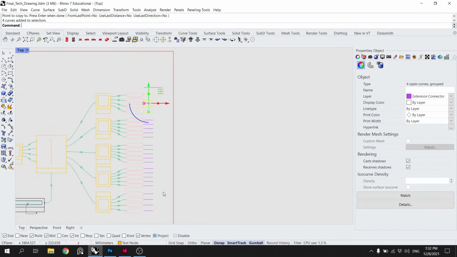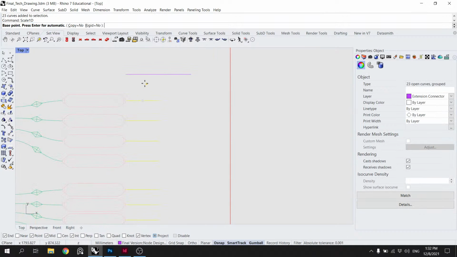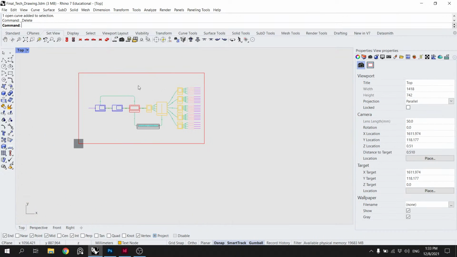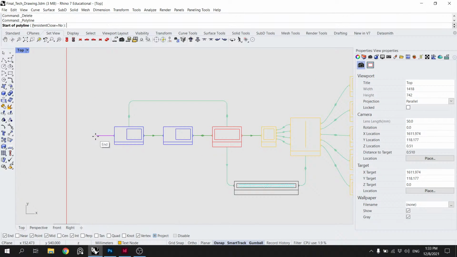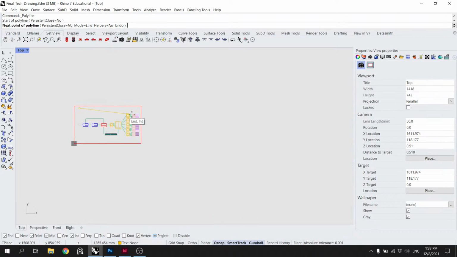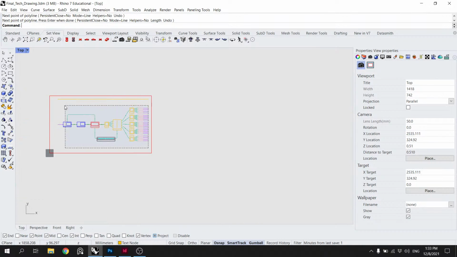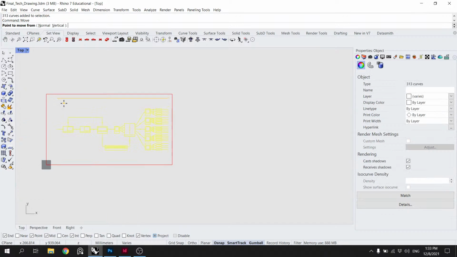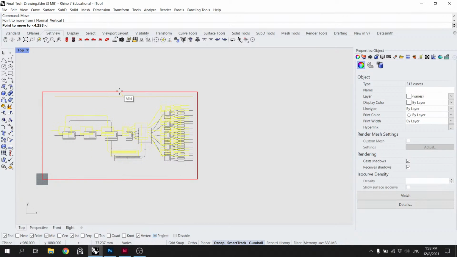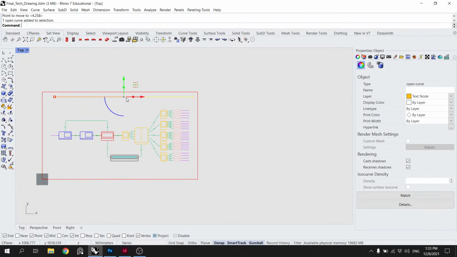So we just take all that, scale 1D, from there to there, from there to there to there. Delete that. We draw a big old line up here, from there to there. We select everything. We move it from the center of here to the center of here and back down, and then delete.